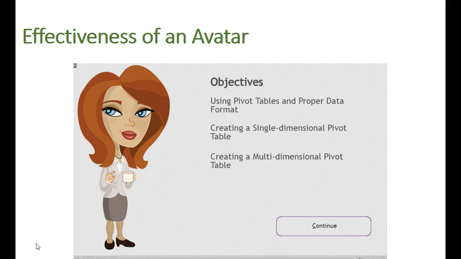And then we have Lisa again. So Lisa is giving some encouragement, and Lisa is helping folks through this option. Now in this case, we're only looking at objectives, but in this particular case, Lisa's holding a cup of coffee,